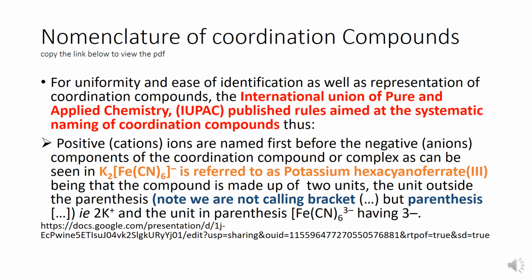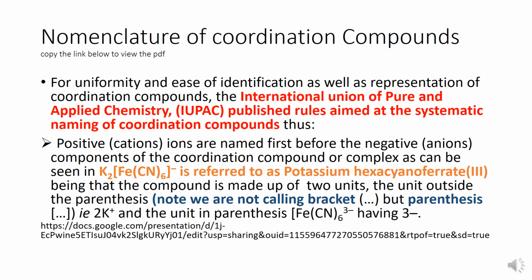For the purposes of making it easy for anywhere across the globe to understand the exact compound you are talking about, the International Union of Pure and Applied Chemistry, IUPAC, published rules that are aimed at systematic naming of coordination compounds. Among such rules is one that a coordination compound is named with the positive ions, or cations, first before the negative component of the compound. As you can see, in